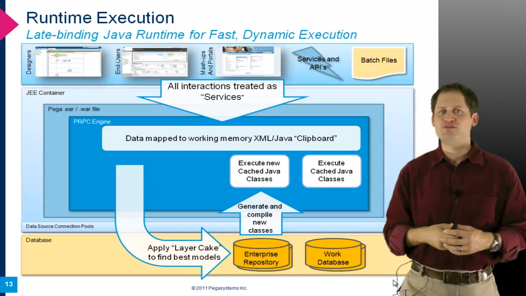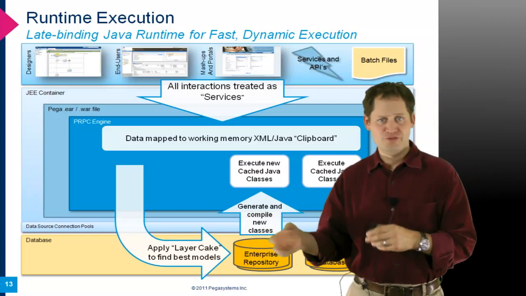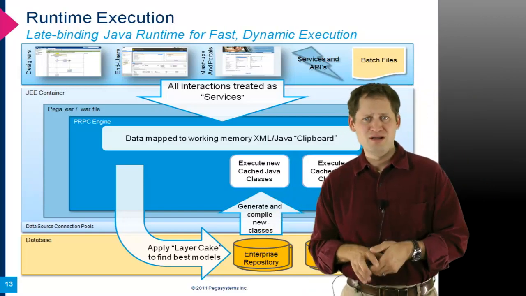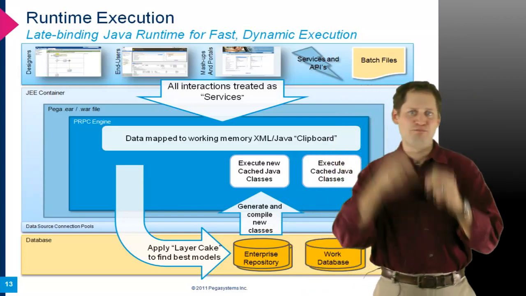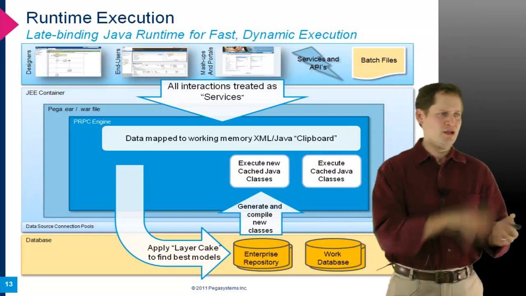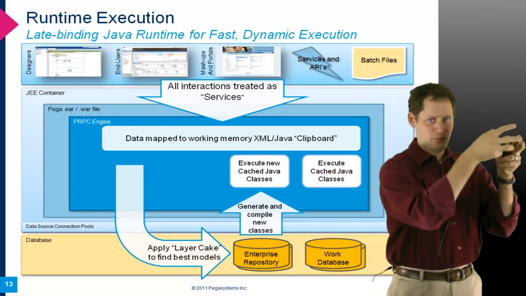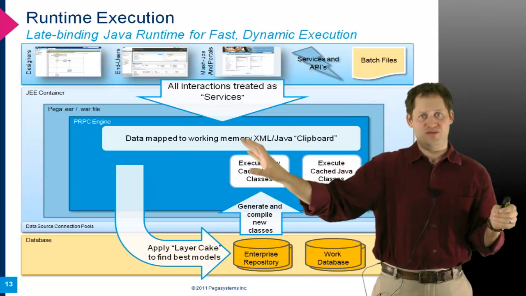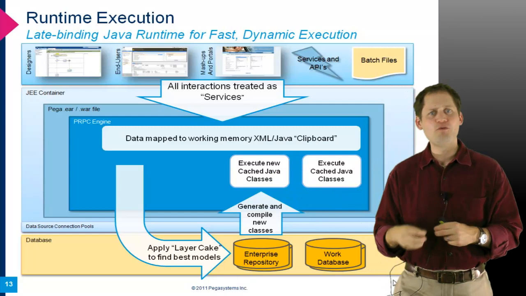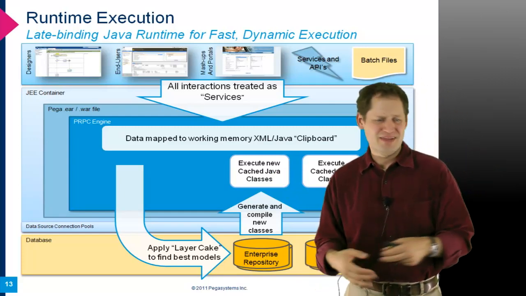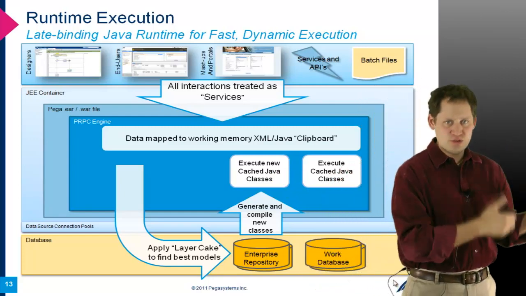And of course, Pega has tools that allow you to pre-do this, so that all of those Java classes are preloaded, and we actually store the Java classes back down into the enterprise repository, so that if I'm running in a multi-node system, one node can assemble a process, and everybody else can take advantage of it. The result of this late binding to Java is that I get all the execution speed and tunability I get